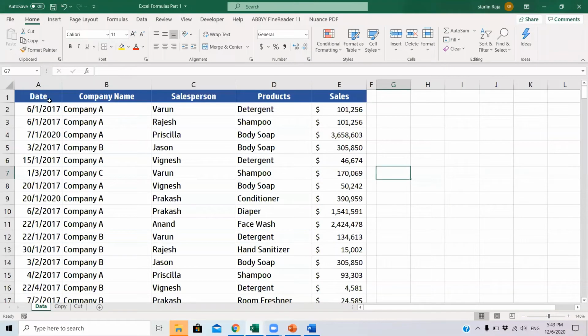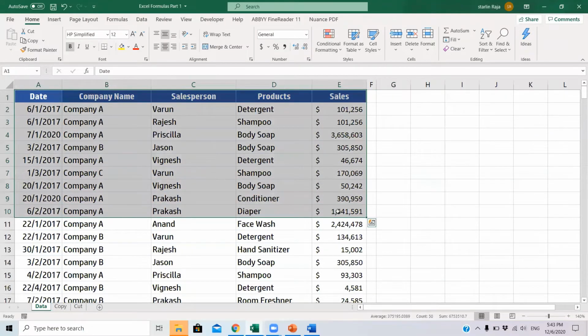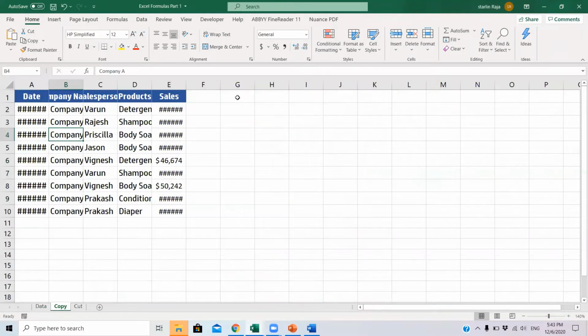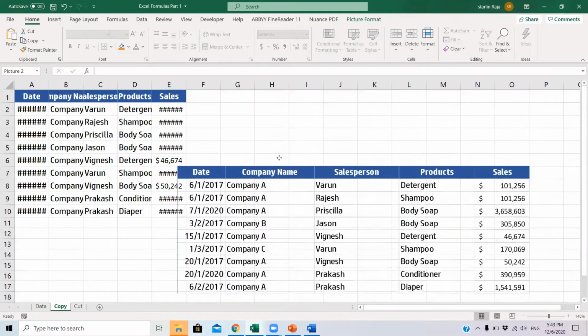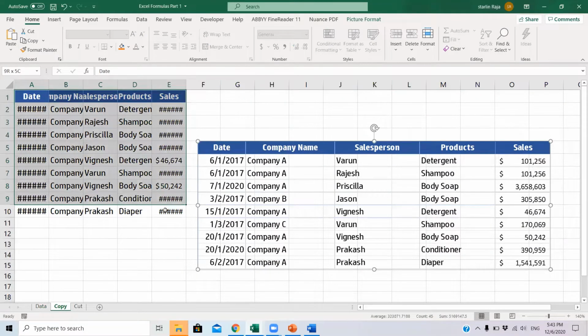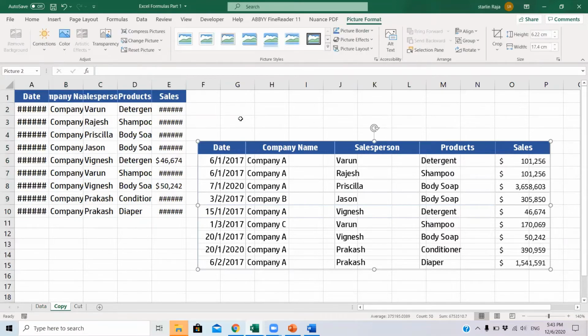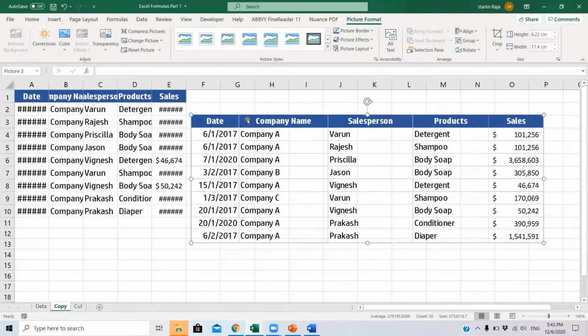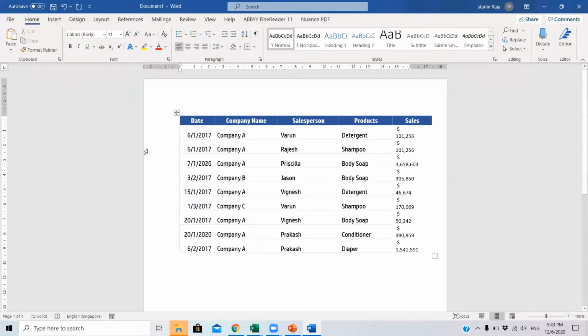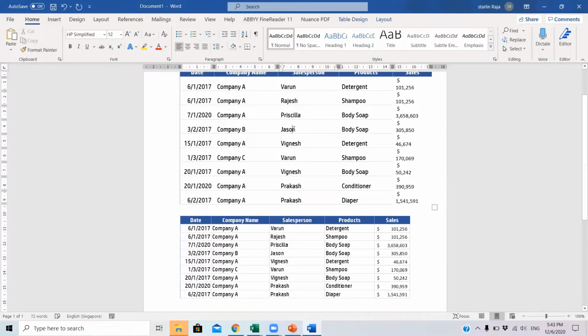Similarly, we can also copy as picture. I'm selecting the whole range one more time. I'm clicking a down arrow here, copy as picture. I'm just clicking it. Okay, let's paste it within Excel itself first. I'm going to paste it right over here. So you can see the difference. The previous version, we copied in an Excel format itself, while here we have copied it as a picture. So it's kind of easy to move around. Similarly, if we go to the Word document, I can also paste here as a picture. So here you can see the difference. This is a table format while this is a picture format.